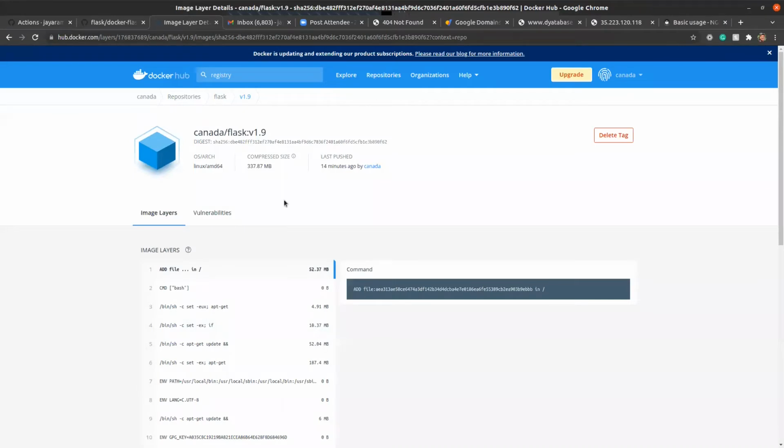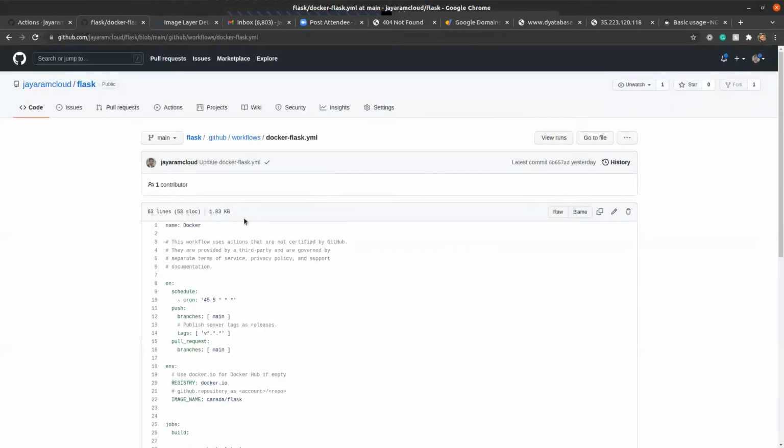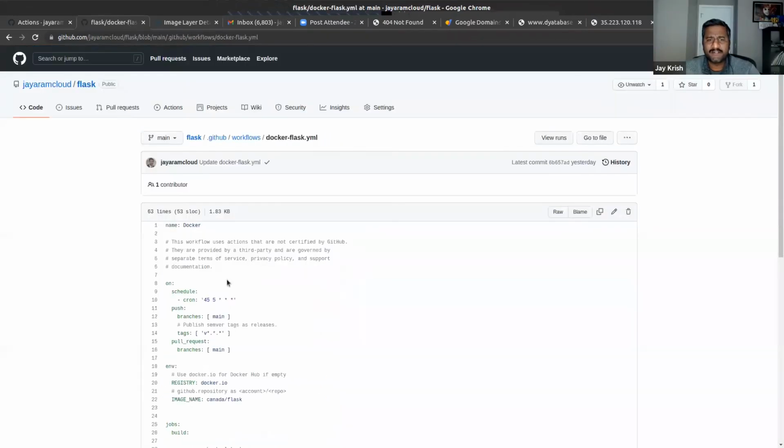Okay, I have a question here. As you mentioned, this particular file goes till the point of creating the new image on Docker Hub, correct? Can it also go to the next step of deploying it on Kubernetes, or is that still a manual step? Oh, as you also just showed? Easily you can configure.